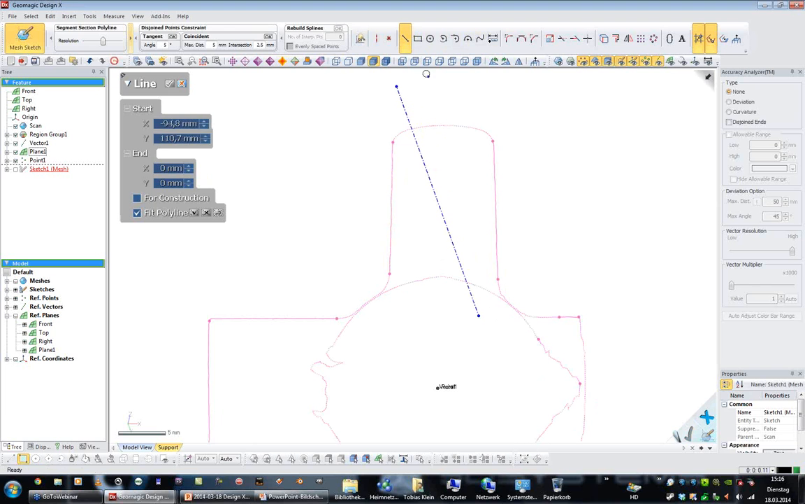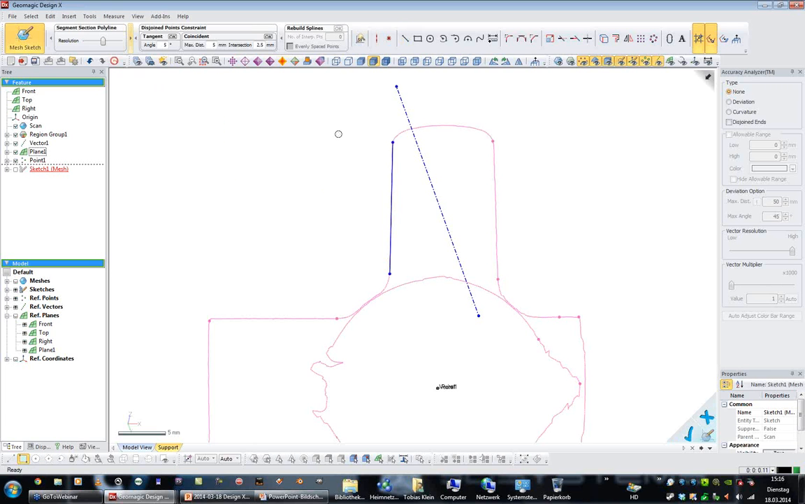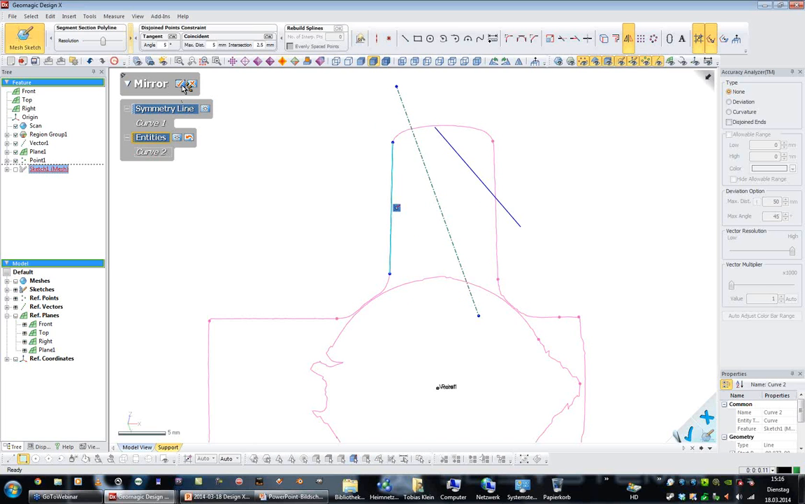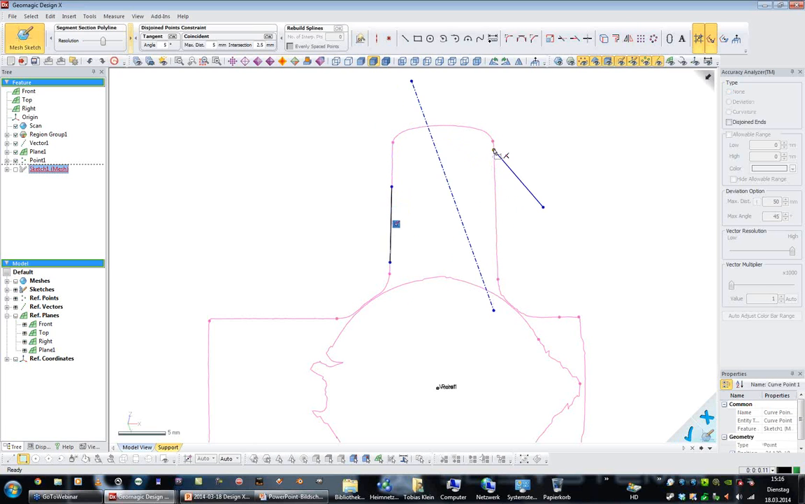by creating the center line somewhere and then clicking the line feature and double clicking on this outer line, and fixing this one. Then I'm using the mirror function and mirroring this line over to the other side, and then fixing those points here as well. So now I have the center line here,